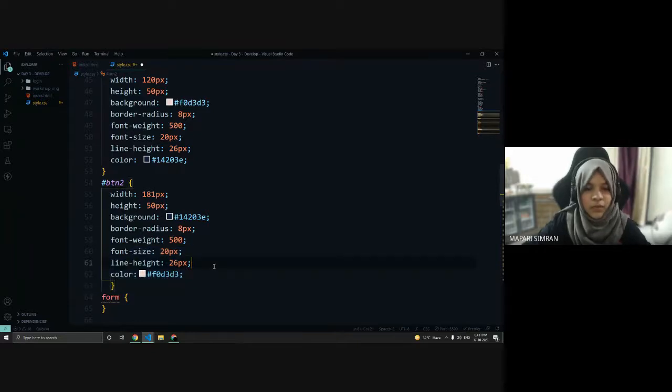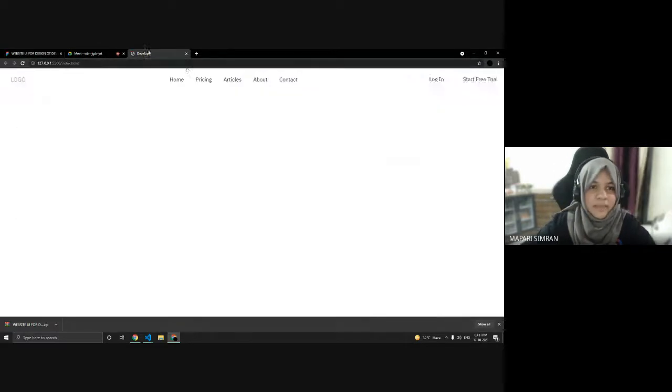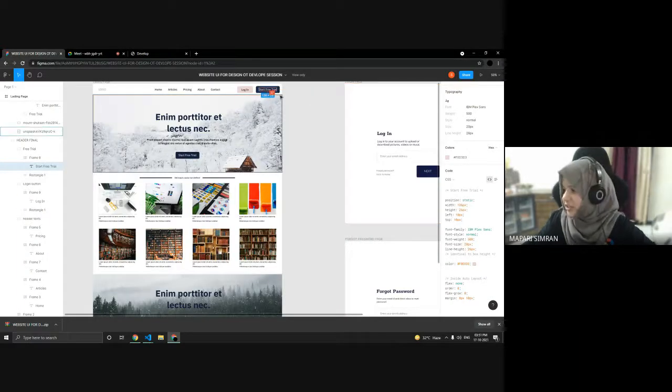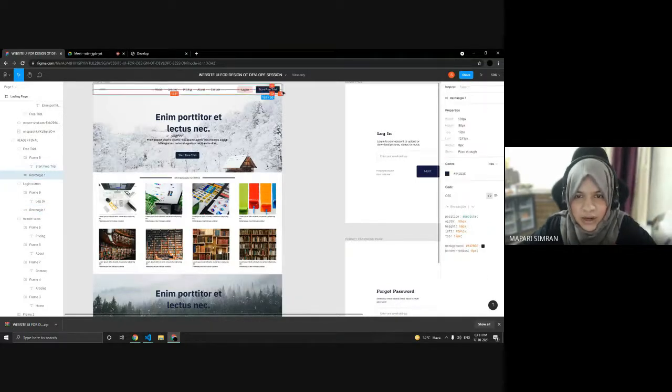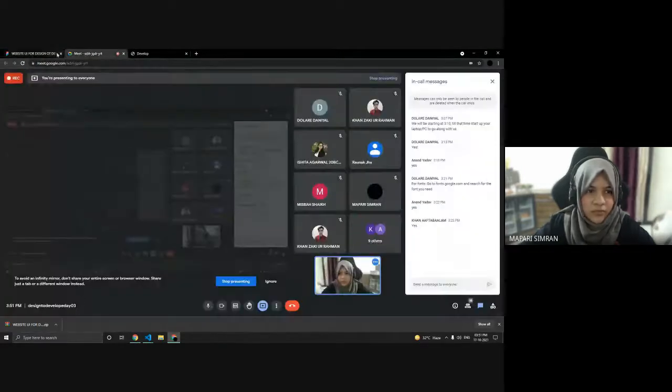Okay, so now I think we are done with this nav bar. You can check here. The only problem is that from the right we should give some margin. So we'll check what that is and we'll add the margin. What we can do here is directly give margin to this also. It's 18 px from the right to this whole div.